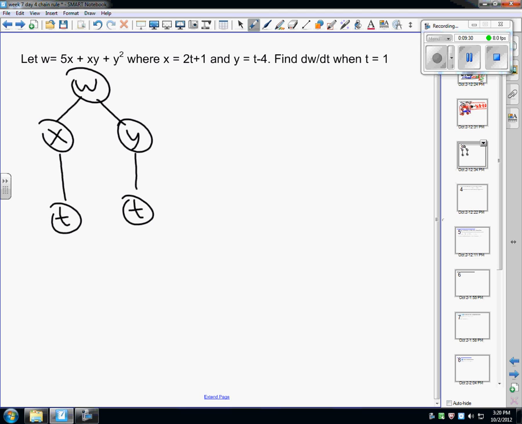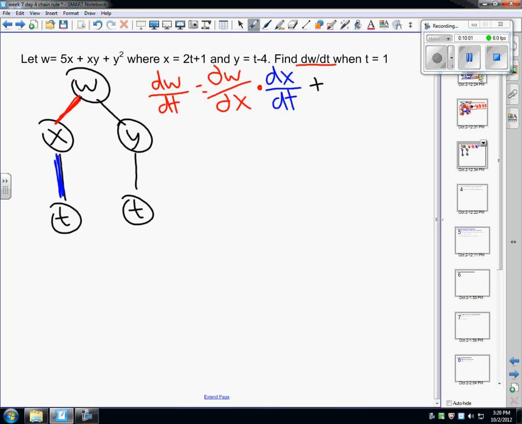So when I ask for dw dt, I'm going to go down this guy first. That's a partial of w over a partial of x times, I'm going to fall down right here. Now this is a complete derivative because x only depends on t. So that's dx dt there,